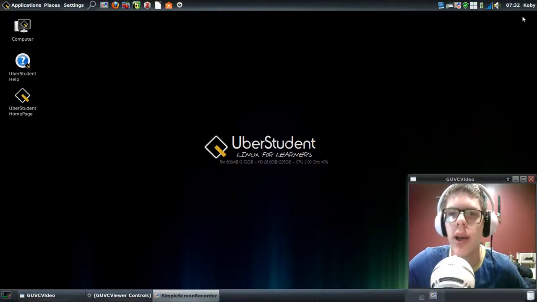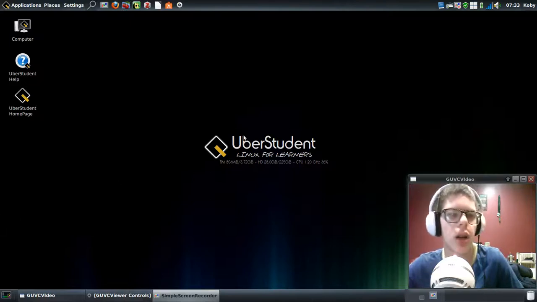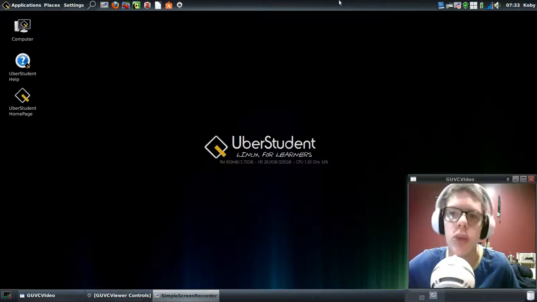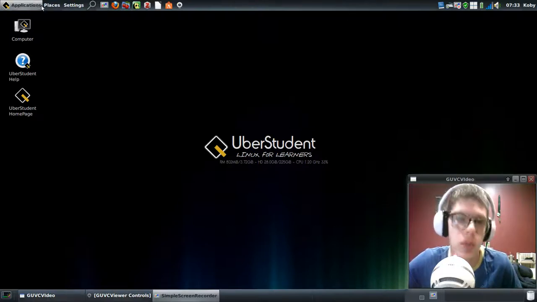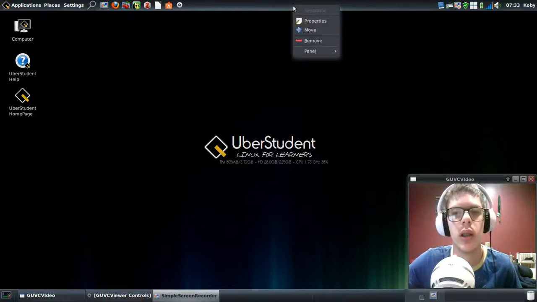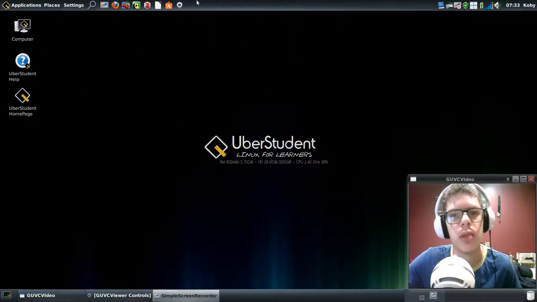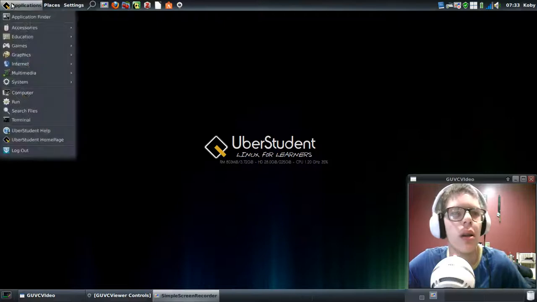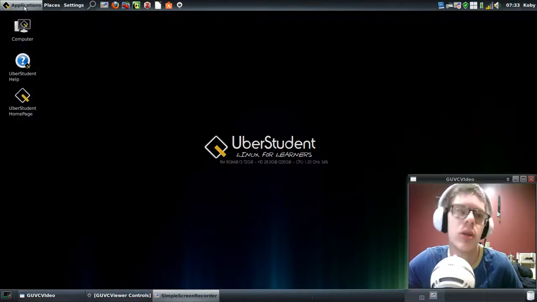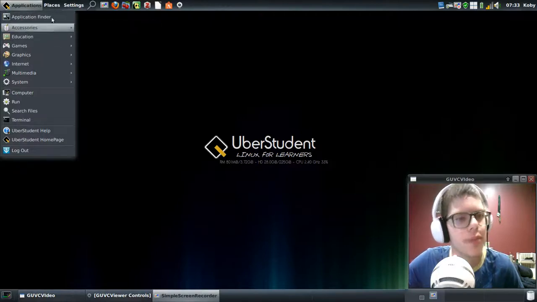Okay, well, anyway, you'll be surprised to know, actually, that this operating system is not GNOME 2, as it appears. It is, in fact, XFCE, which I think is pretty cool. It really goes to show how customizable XFCE really is. So you go to your applications here, which is kind of your start button, your whisker menu, and it gives